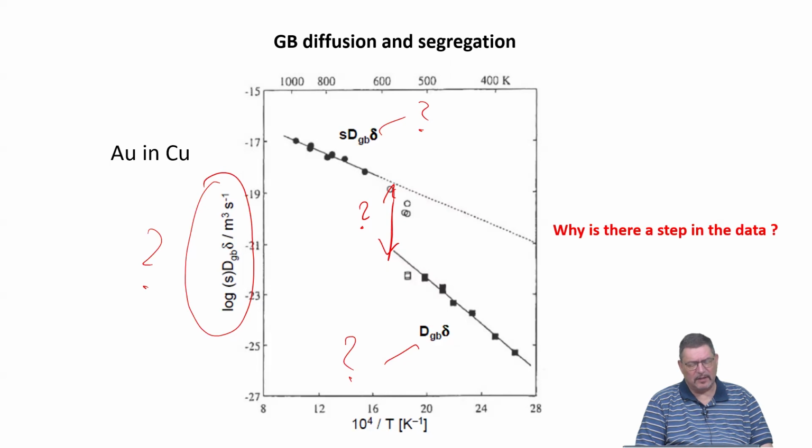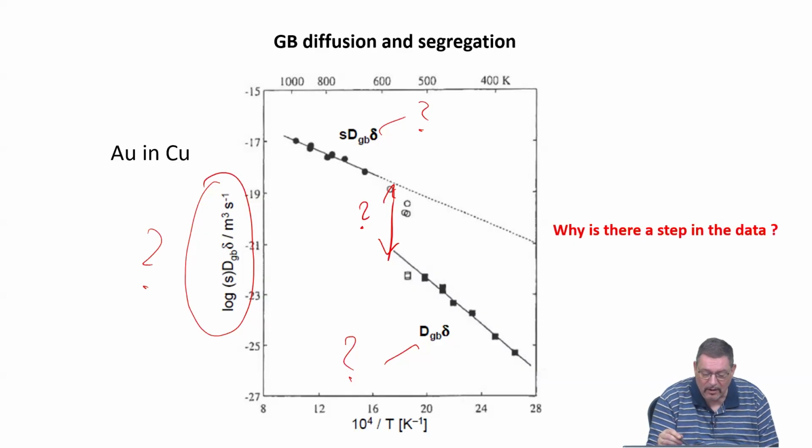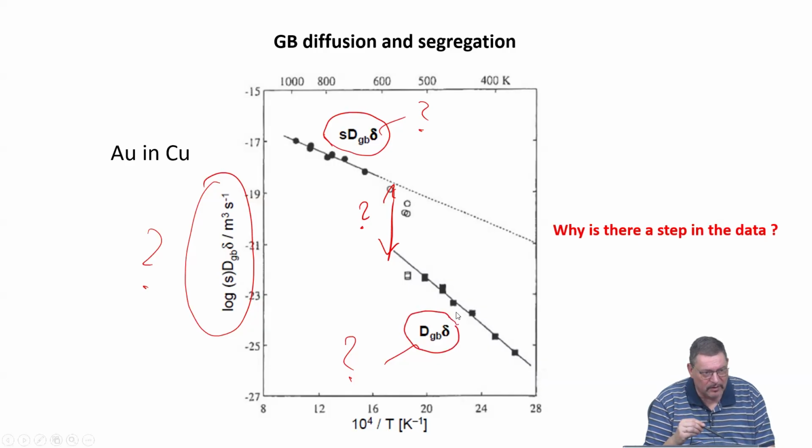What do I see here? I see here a measurement series where the temperature has been changed from low to higher temperatures. So effectively, I'm going from type C kinetics, where only grain boundary diffusion is measurable, to type B kinetics, where grain boundary plus volume diffusion is measured. So it means I have to calculate, or to remember, that the mathematics of the diffusion description changes. So I have a dependency on the segregation factor here, and I have a dependency not depending on segregation here.